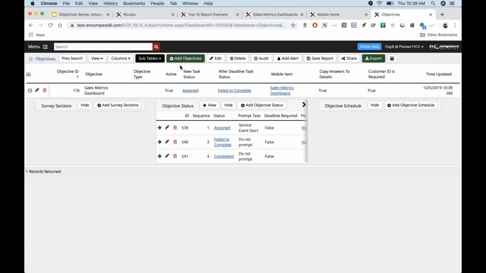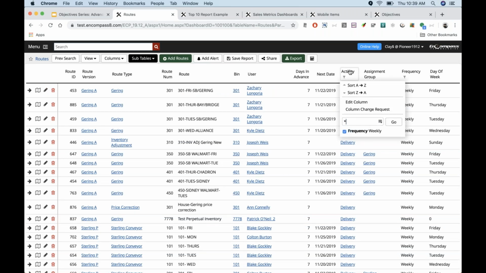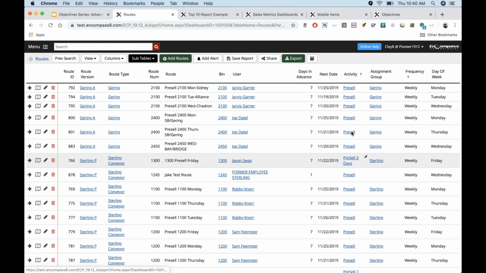Now, that being said, if we wanted every single pre-sale user to make sure that they're doing this before their sales invoice, we need to go back to our routes and think about this structure here, okay? So what we want to do is filter on our pre-sale routes. We notice in the system right now that we have multiple pre-sale activities, and that's based on the routing logic that we talked about earlier. So we're going to have to add this objective into multiple activities so that our users can continue to create invoices and have those routed to the correct delivery date, but also make sure that they're viewing this new dashboard.